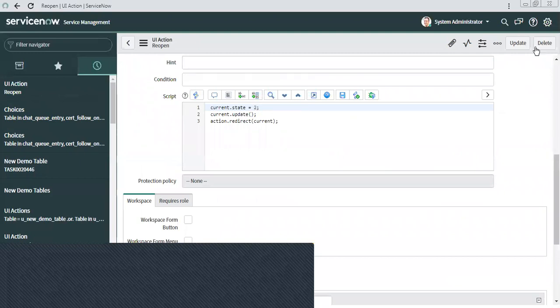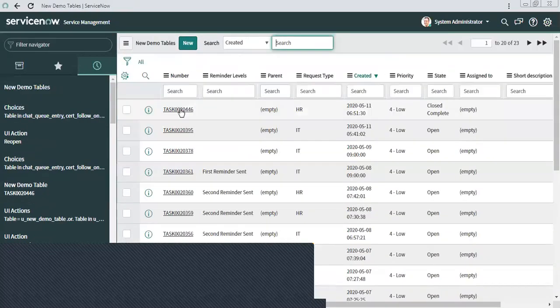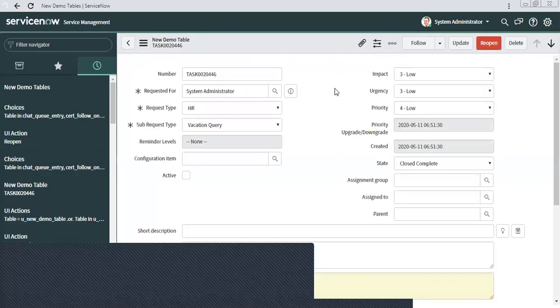So I will go to this one and update. There is no condition or something, right? It will happen every time they click. As soon as someone clicks, it should happen. If your particular scenario needs a condition, you can write all those things as well. So if I open this one, if I click